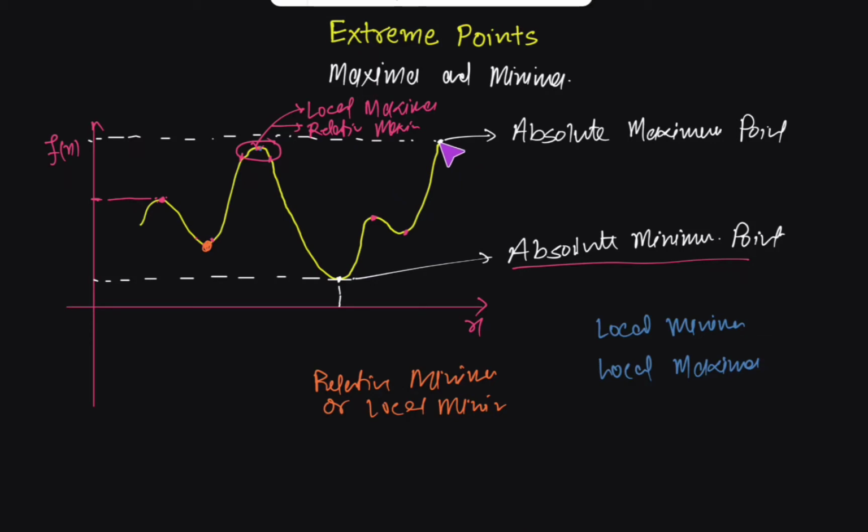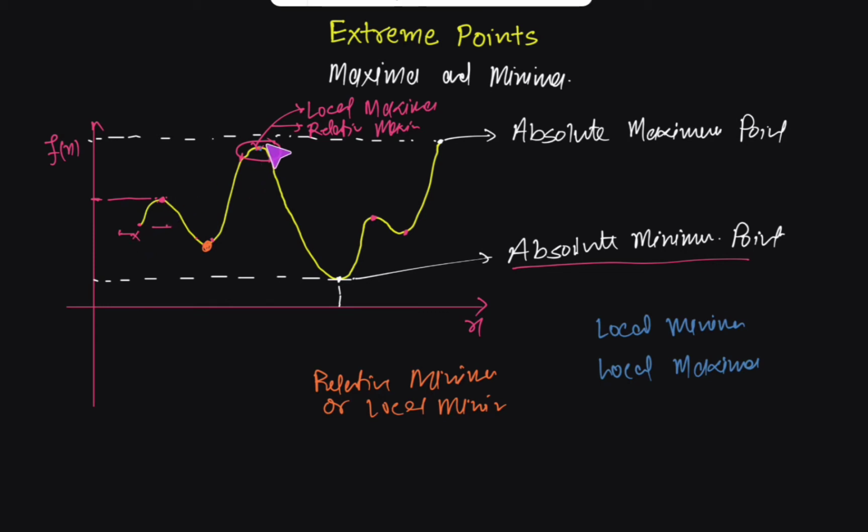Now, this point is not representing the local minima or absolute minima, because the absolute minima is this one, and the absolute minima is always one in number. If we say that this point is representing the relative or local minima, we have to check both sides. As we check towards the right, we see that this point has the minimum value, but we cannot check towards the left of this function because there's no value defined below this point of x. So we cannot define this point as a local or absolute minima or maxima. So this point we will not consider.